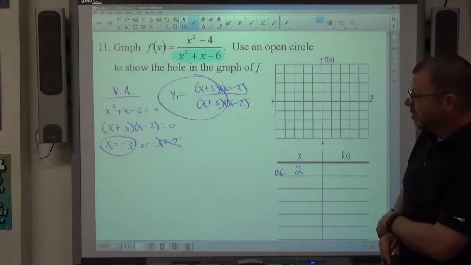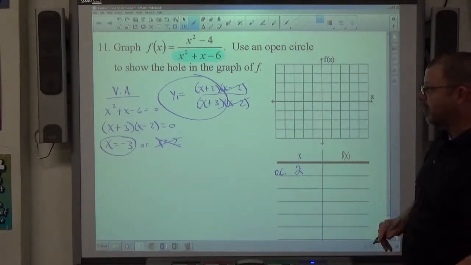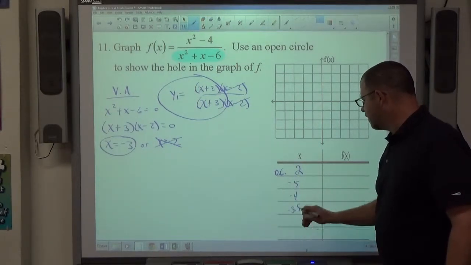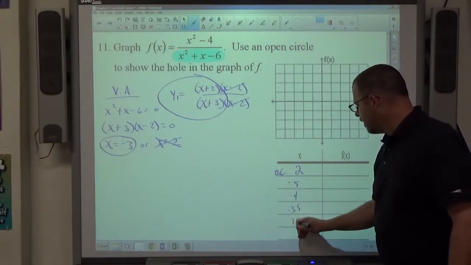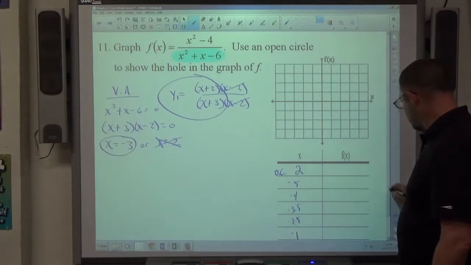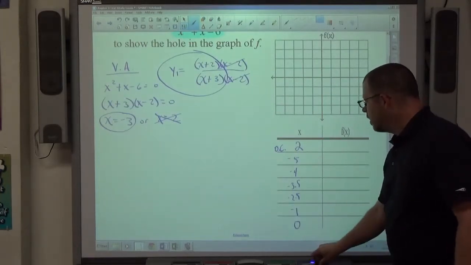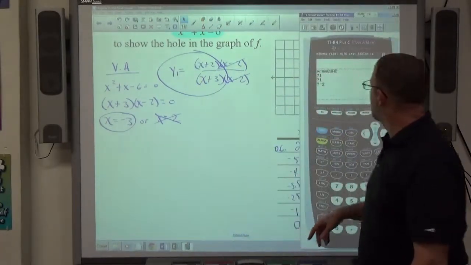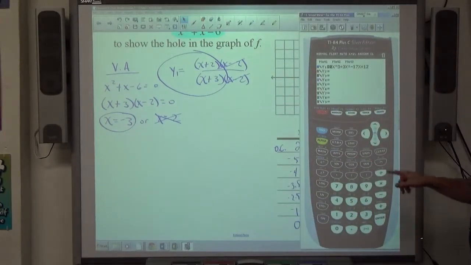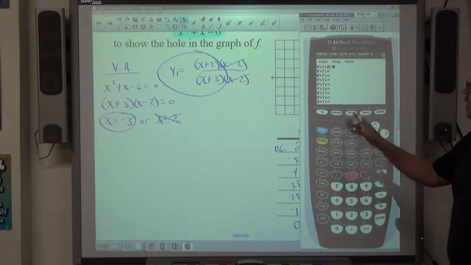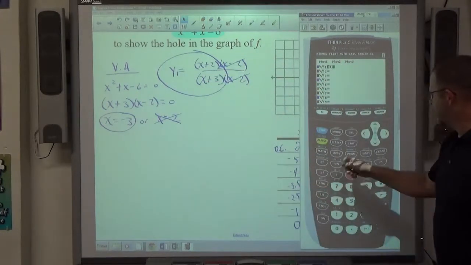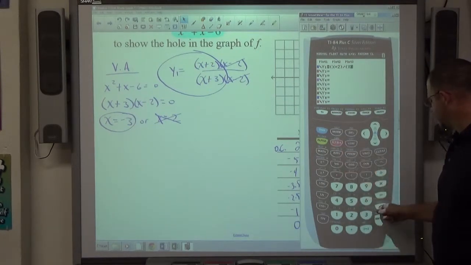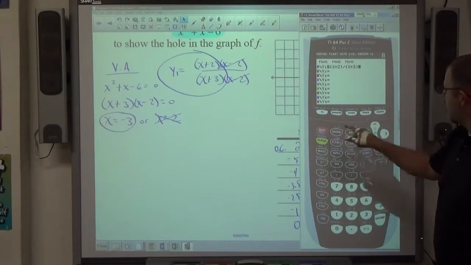Beyond that, my vertical asymptote was negative 3, so that tells me picking numbers near negative 3, negative 5, negative 4, negative 3.5, negative 2.5, negative 1, and 0 would all be good to pick. So I'm going to pick those numbers to start off with, and that's enough information. Great. If not, I can go back to the drawing board and get more points. So I'm going to clear this out. And again, I'm entering the simplified equation, x plus 2 divided by x plus 3. I'm going to enter all my values